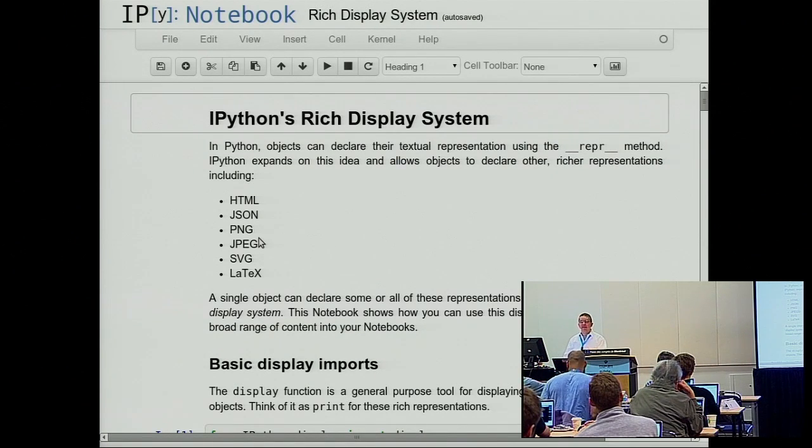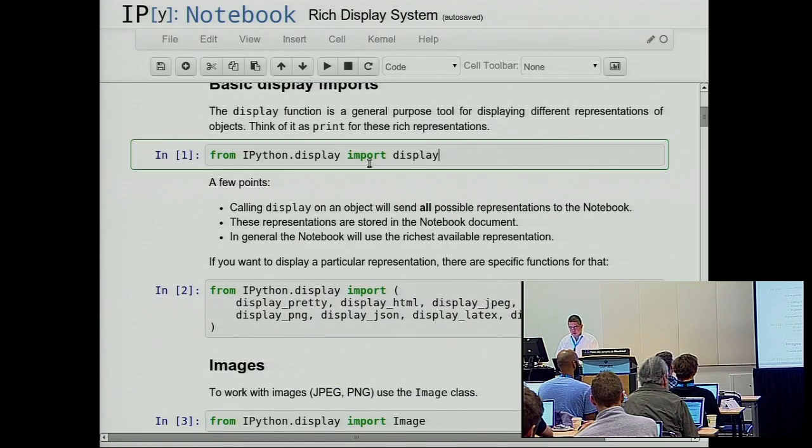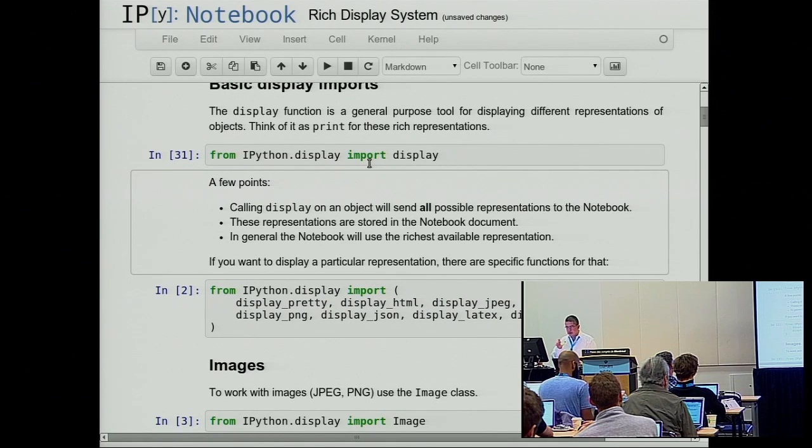That data is encoded and stored in the notebook and saved. For example, if a figure has both a PNG and an SVG representation, we may render the PNG in the notebook, but we may take the SVG and render that one to export to PDF, because that dictionary of outputs is stored in the notebook. For this reason, we've created something called display, which is the equivalent of print, but